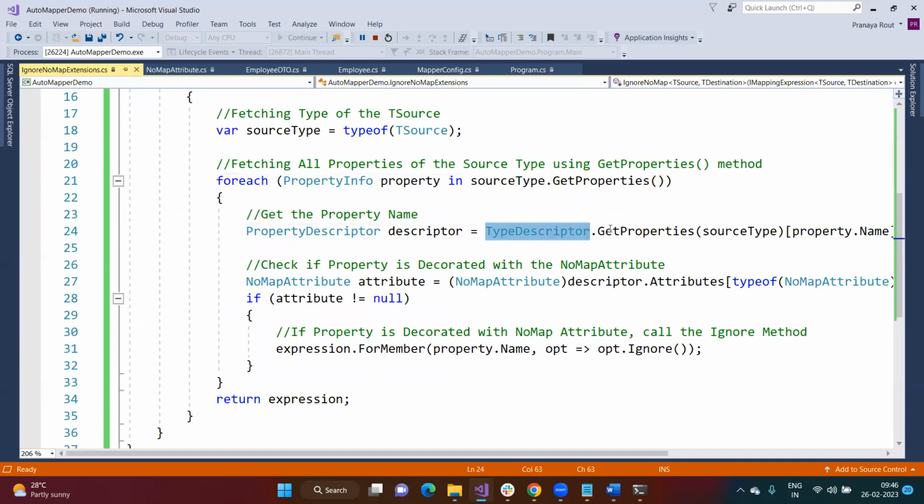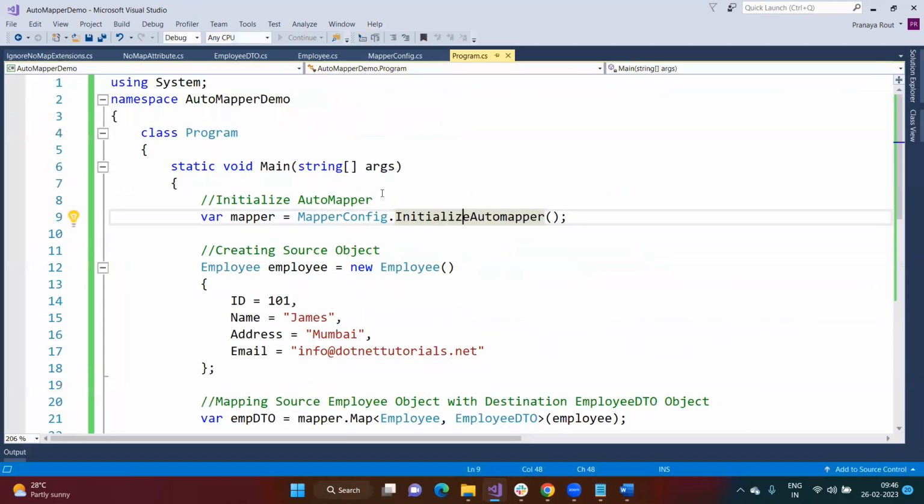What is this type descriptor? What is this get properties? What is this attribute? But once we start discussing reflection, which is also in our course syllabus, you will get a very good idea regarding this. So to give you a simple thought process,